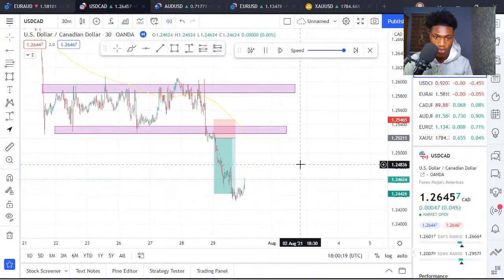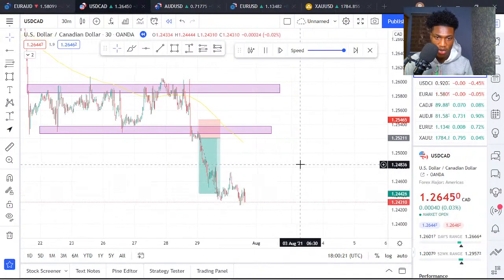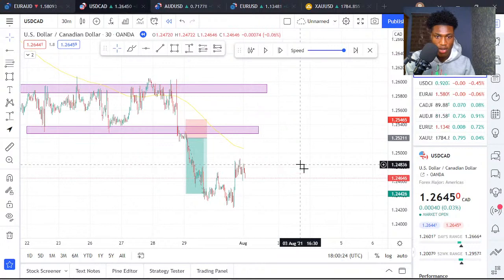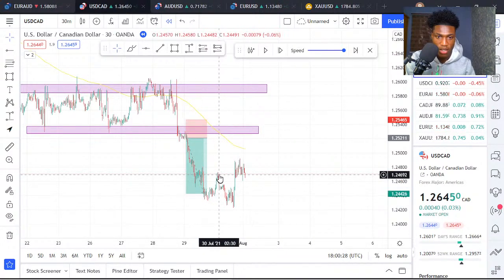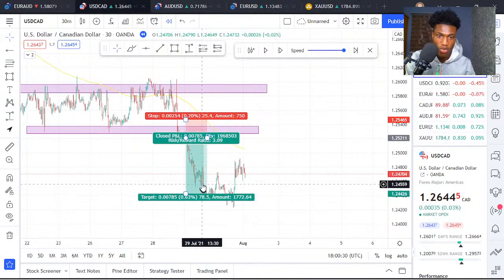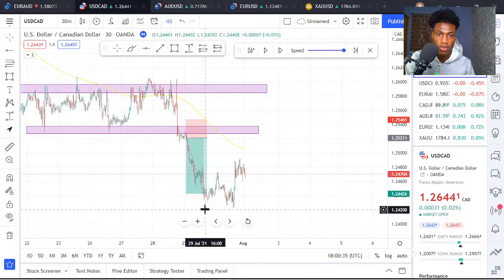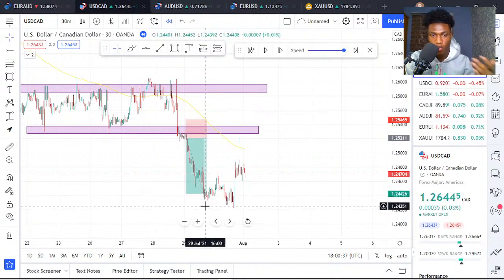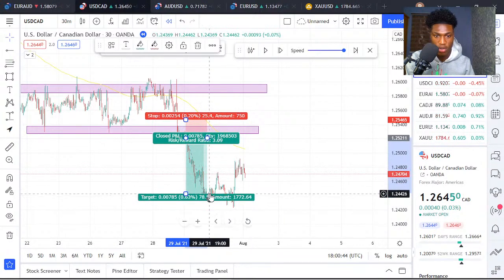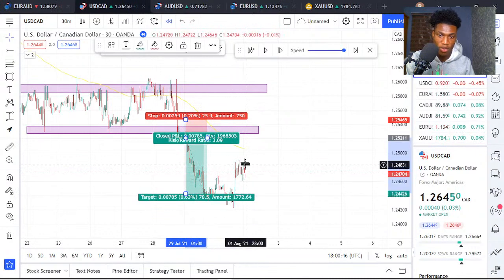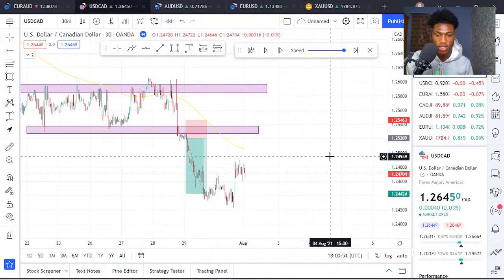So the market has hit our take profit level and it has gone way below the take profit level. Now at this point, we would have gone out of this trade in profit, but if you're looking to use high or massive take profit targets, when you notice this kind of momentum, this kind of bearish momentum, it's indicating that you should go out of this trade,